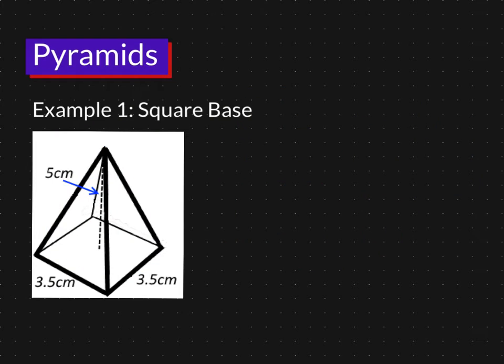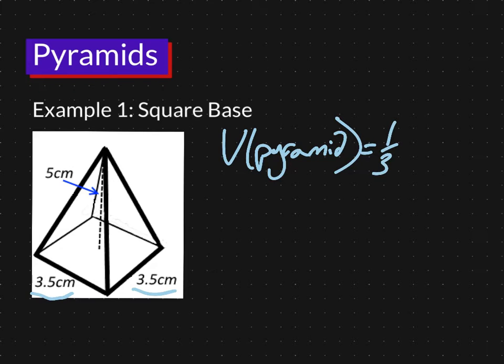So in this example, we're going to find the volume of this pyramid that has a square base. And we know the base is square because the length and the width are the same. So step 1 to find the volume is to draw the figure and label the sides, and that's already done for us. So we'll go on to step 2, which is to write the formula. So the volume of a pyramid